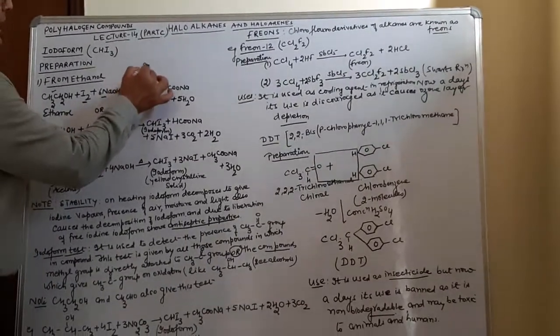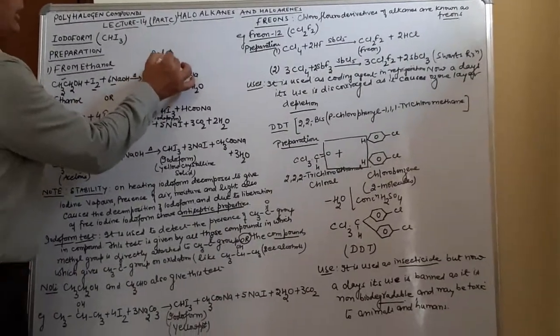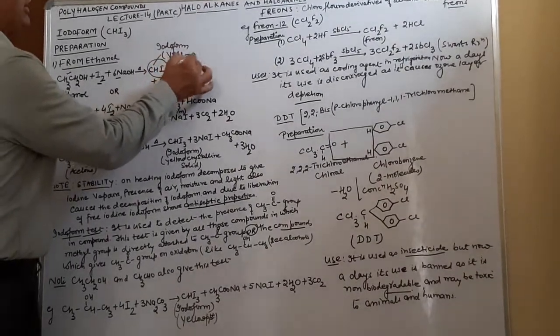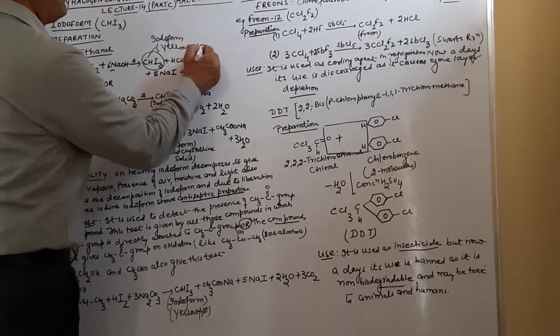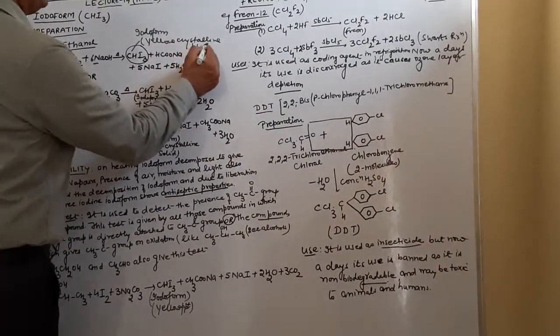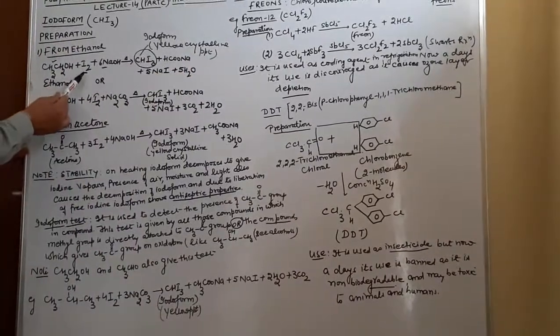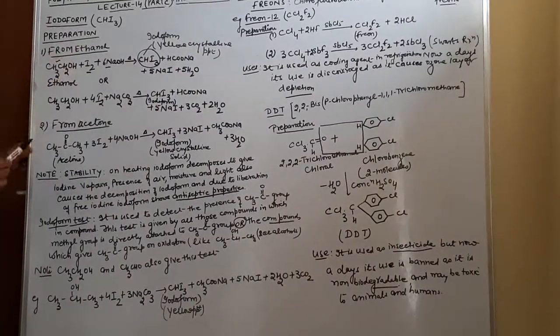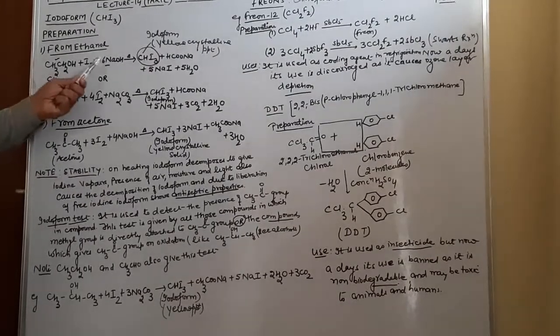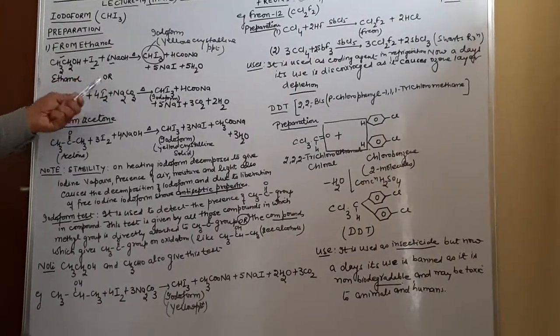So formation of iodoform will take place, which will be a yellow crystalline precipitate. So yellow crystalline precipitates of iodoform are obtained. I think it must be very clear. In chloroform we used chlorine and sodium hydroxide. So iodoform can be prepared by the action of ethyl alcohol with iodine and sodium hydroxide, or by the action